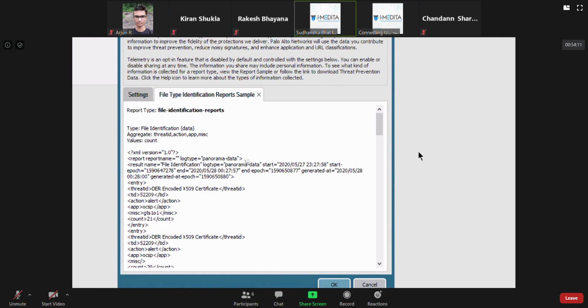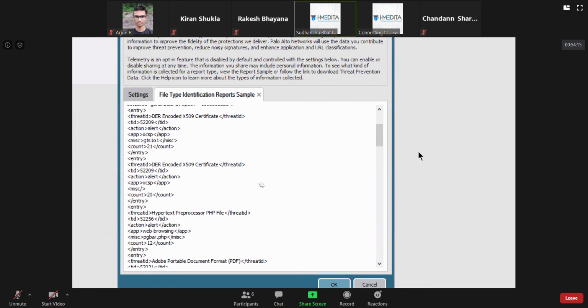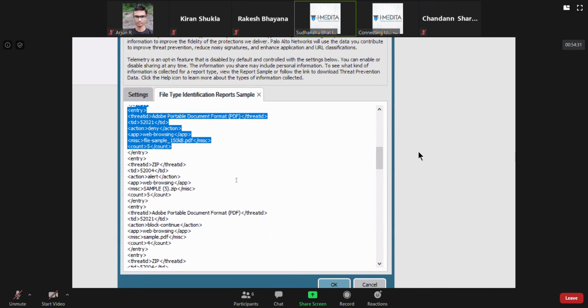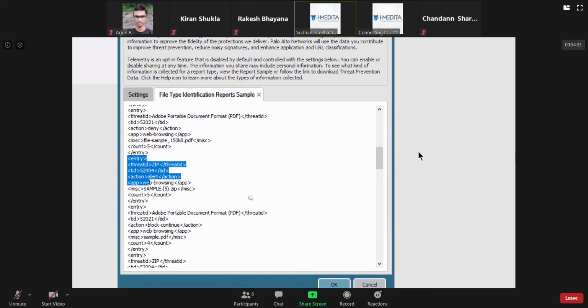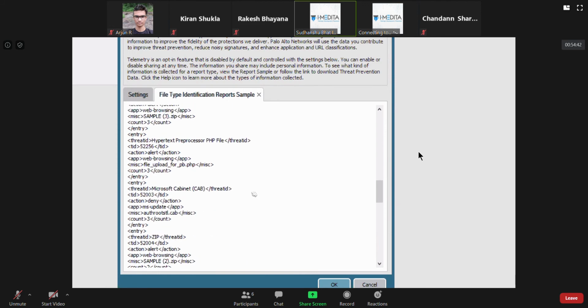If you look at the file type identification reports, you see what the file name was. They share something general, but you see that in the sample report there's no individually identifiable information like source IP address or user or other things like this.